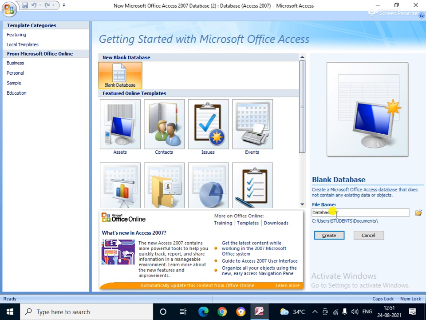Okay, and all of you remember: what is the extension name of Microsoft Access? Again I am repeating, .accdb. This is the extension name of Microsoft Access. So see, if you think, then you remove it. Okay, I am removing. Then here the name of the database file is student, or otherwise stu, suppose. Okay, then click the Create option.